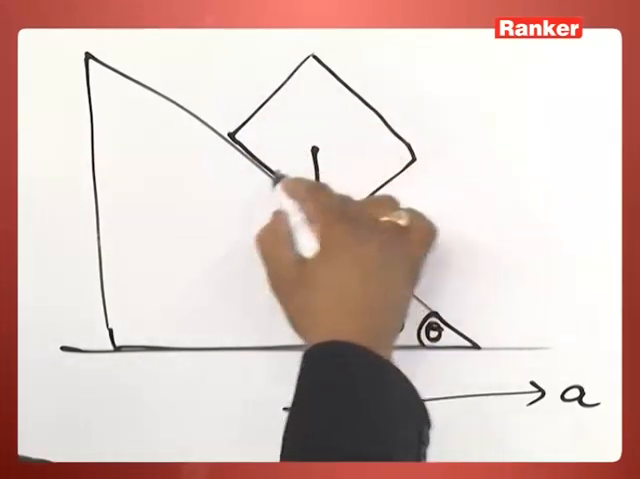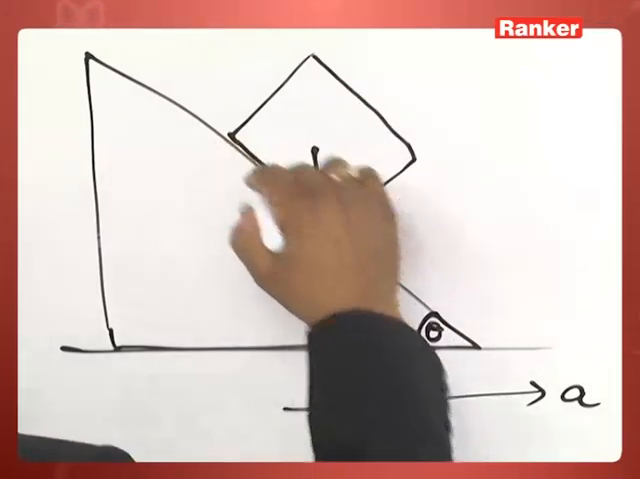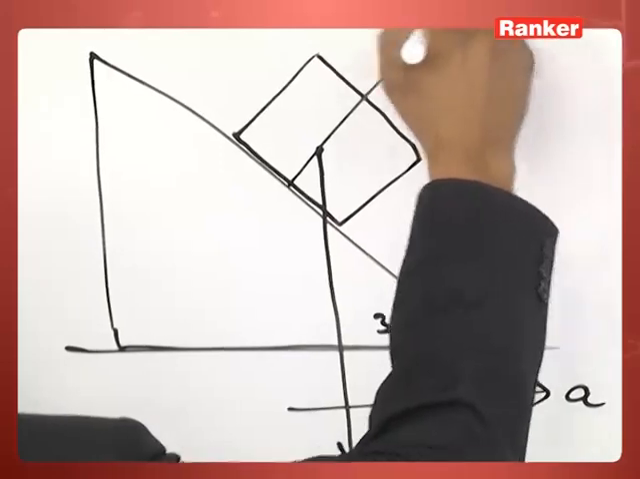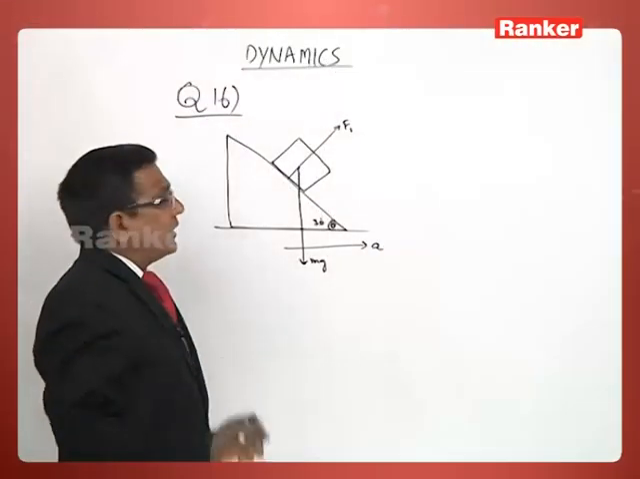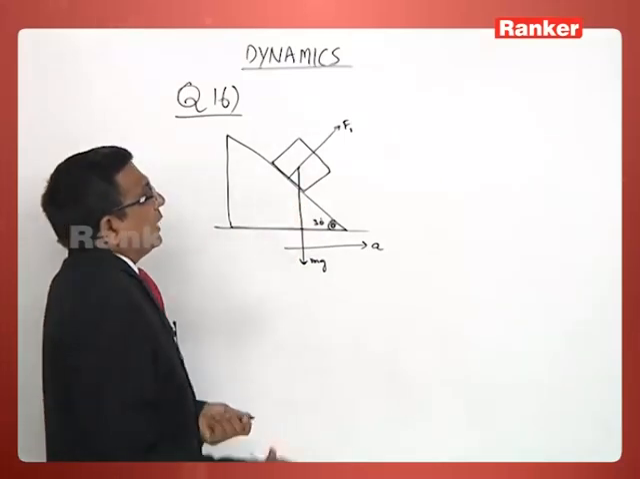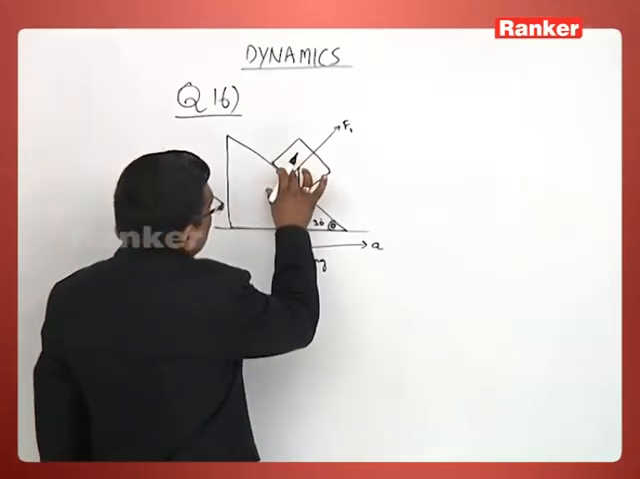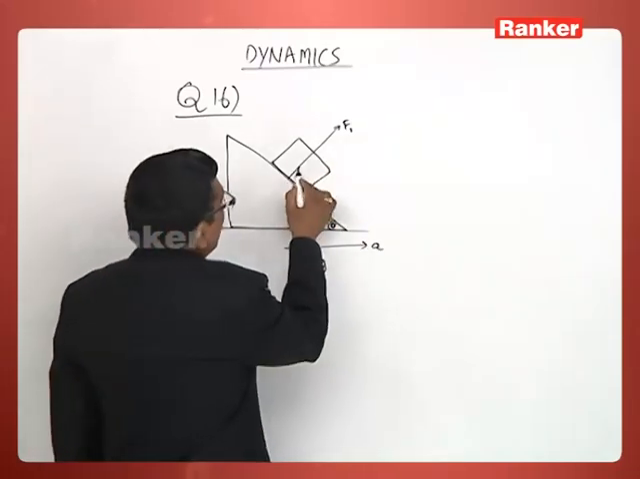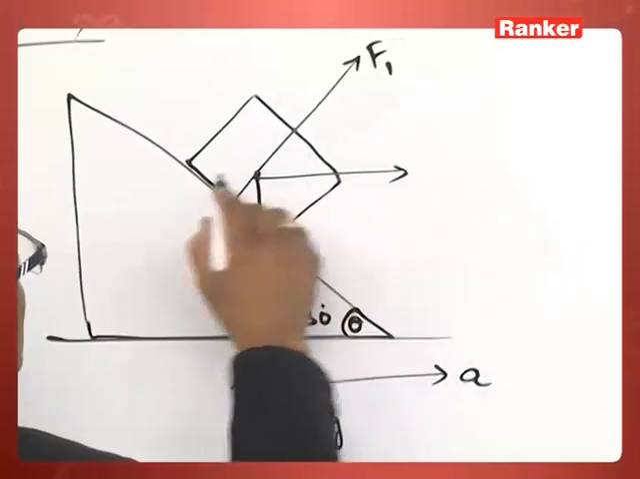And as the block presses the inclined plane down, the inclined plane will exert a force on the block in this direction, that is the contact force. That force F1 is given in the problem. Now this F1 we have to calculate here. If you calculate as both together are moving with an acceleration a, the block is not sliding, if you resolve this F1 into two components,